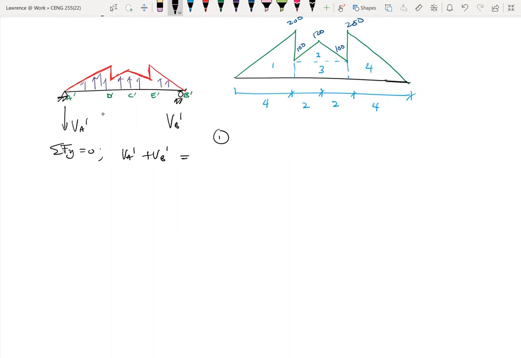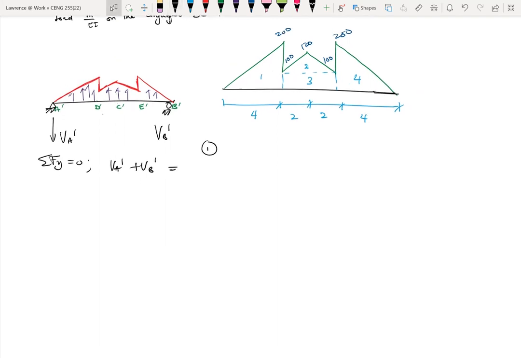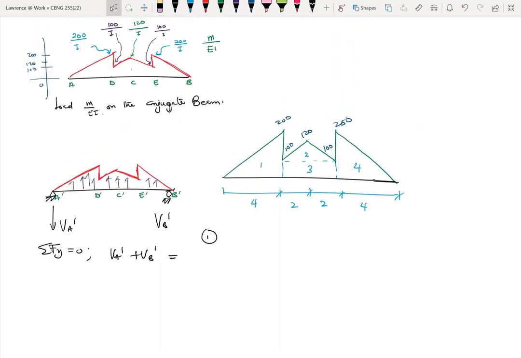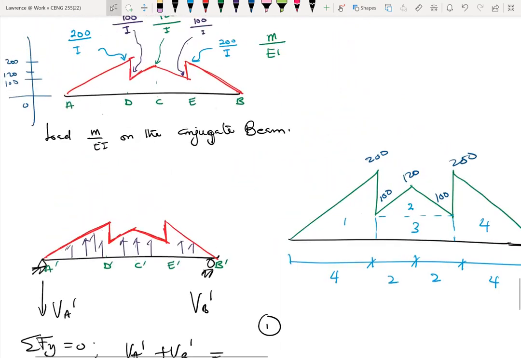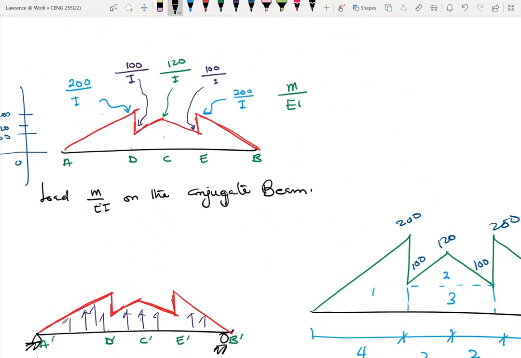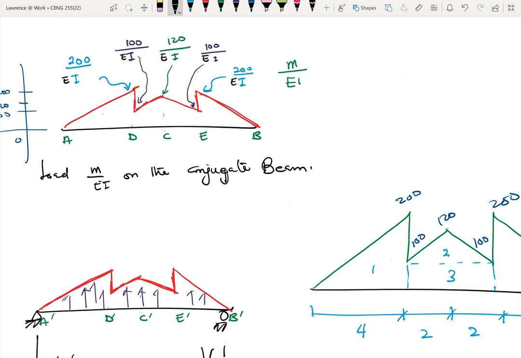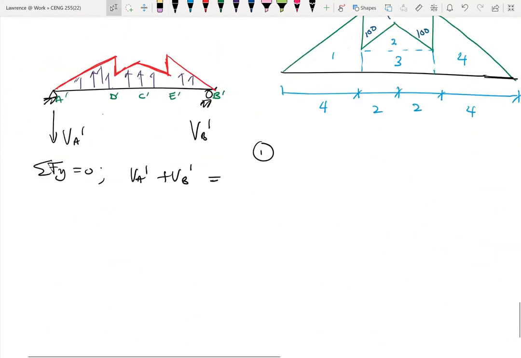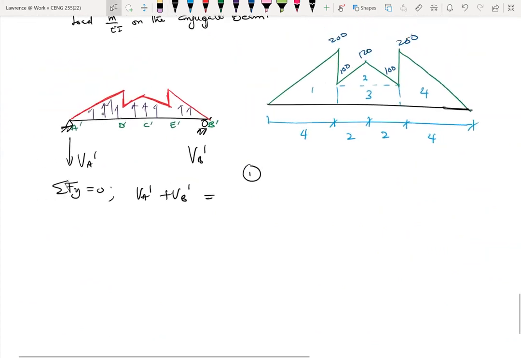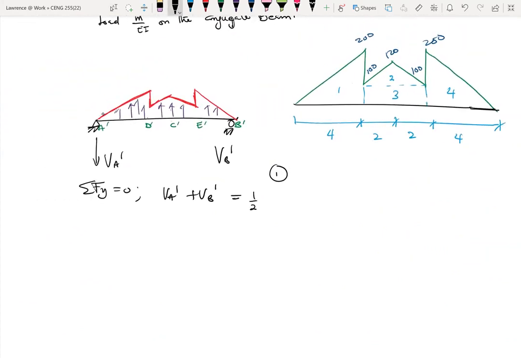Now let's look at area 1. Area 1 is half base times height, right? All of these are divided by EI. I didn't bring my E over here, but they all have EI. Because E is constant, we can ignore that for now. So the first area is half base. My base is 4, and my height is 200, so 200 over EI